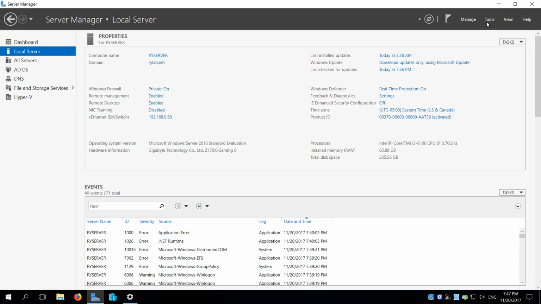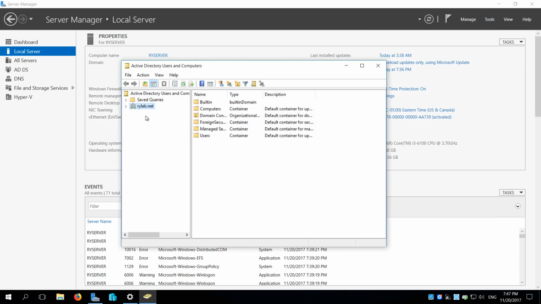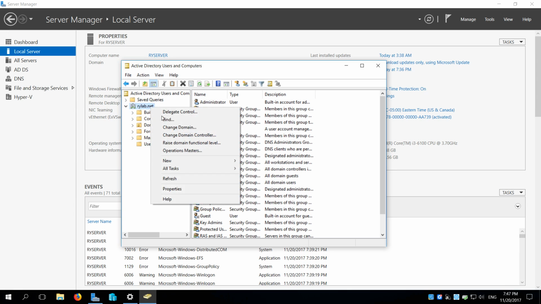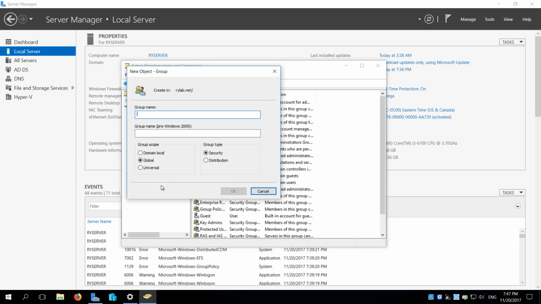I actually prefer to use the actual Active Directory Users and Computers interface. I just find it a little bit easier to keep things organized. I mean, these are all the defaults, right? So I usually make an organizational unit. So say for example, I might make a new organizational unit called RILAB, right? Okay, a group type,